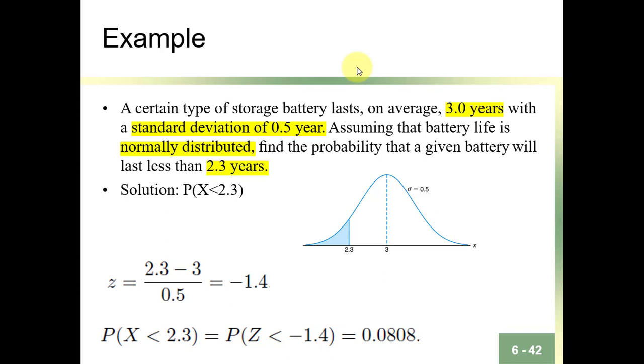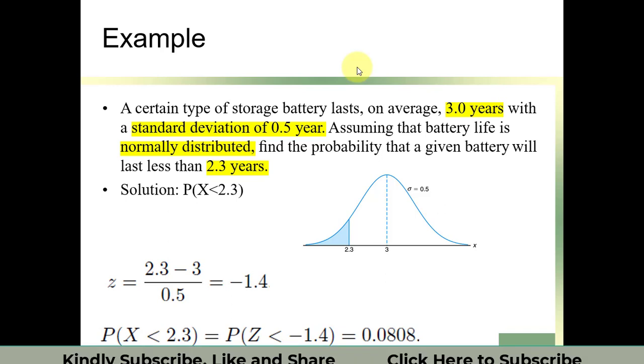Today we will discuss normal distribution applications in practical life, specifically in engineering problems. So we will start. Question number one: a certain type of battery lasts on average 3 years. A company, maybe Devo, claims that their battery has an average life of 3 years with a standard deviation of 0.5 year. Means a few of the batteries may last for 3.5 years and a few may work for 2.5 years. Assuming that the battery life is normally distributed, find the probability that the given battery will last less